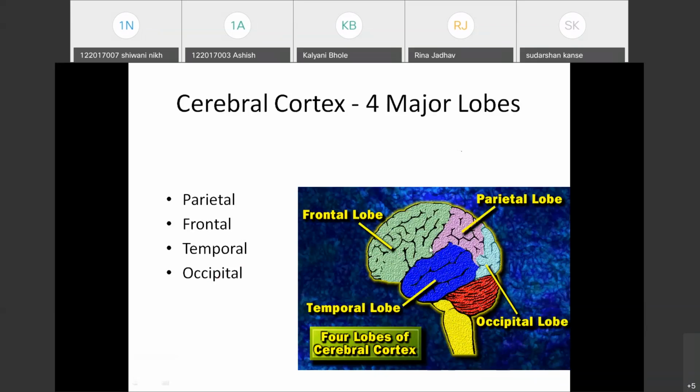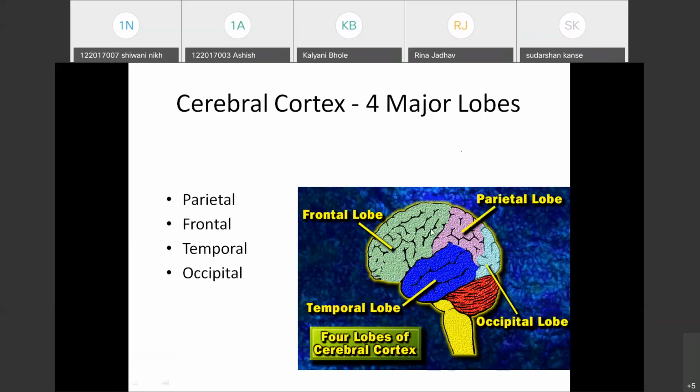So why are these called lobes? These are the parts; the cerebral cortex is divided into these four major parts. How they are divided is, when you see, there are folds. The brain is made up of multiple folds, and when you see its anatomy, you can see a distinct separation of these folds. In the frontal lobe, you can see the complete lobe, you can't see any kind of separation here,